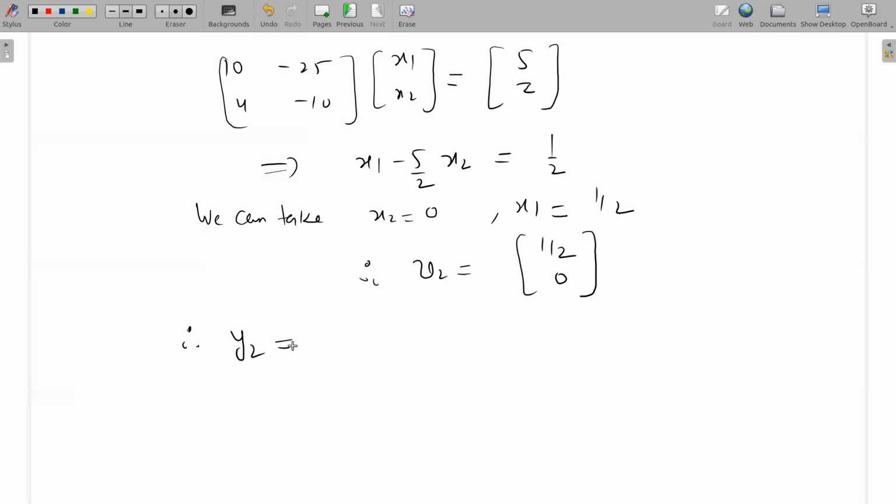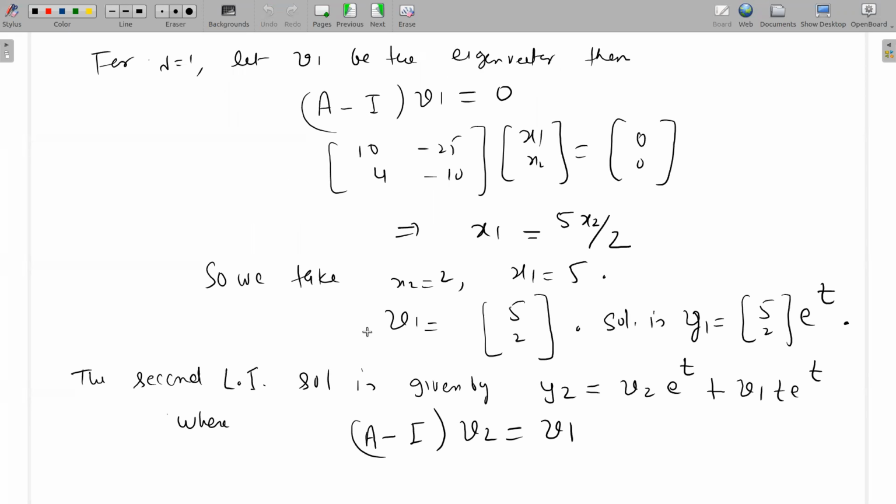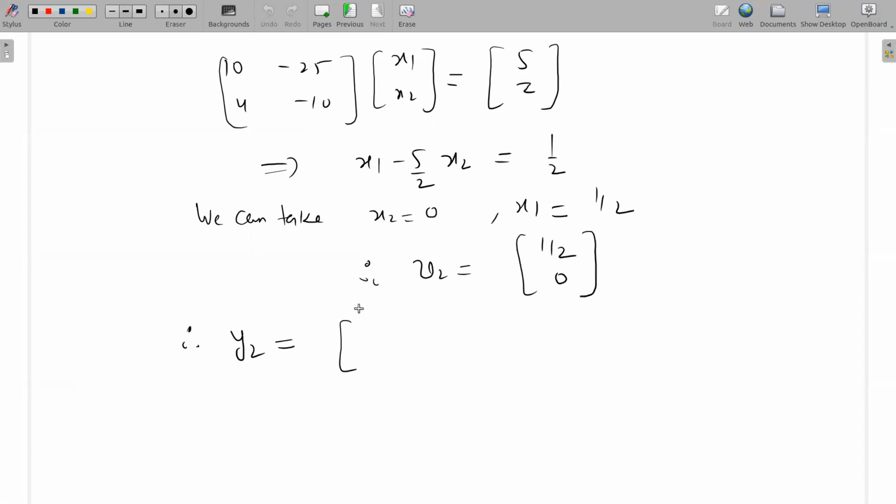तो v2 क्या बना आपके पास? (1 by 2, 0). So therefore the second solution is, तो इसकी वैल्यू डाल दो. सो पहले v2 e power t, प्लस v1 t, what is v1? (5, 2), t e power t. एंड ये 1 by 2 है, इसको आप ऐसे भी लिख सकते हो, आप बाहर भी लिख सकते हो, यहाँ भी लिख सकते हो. ओके. सो फाइनली जनरल सॉल्यूशन इज